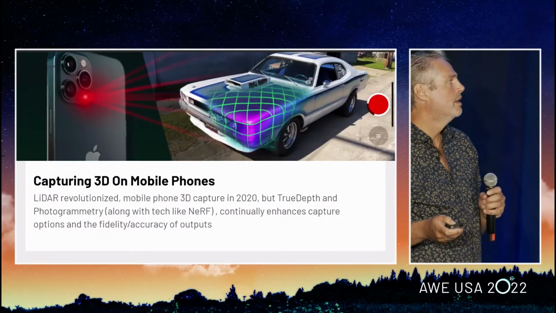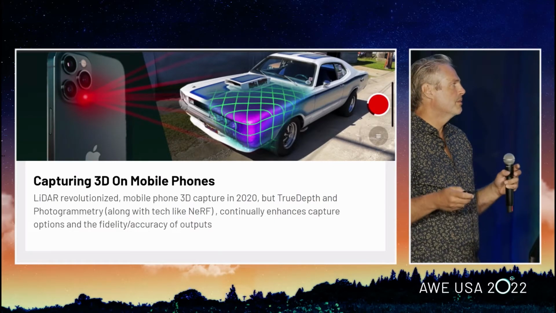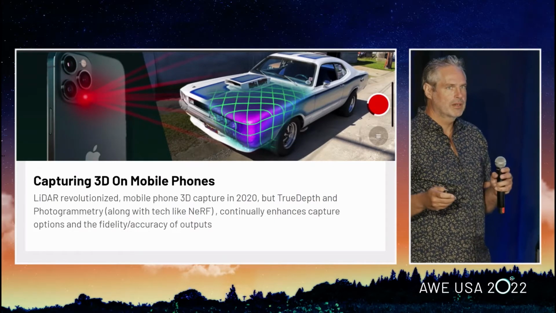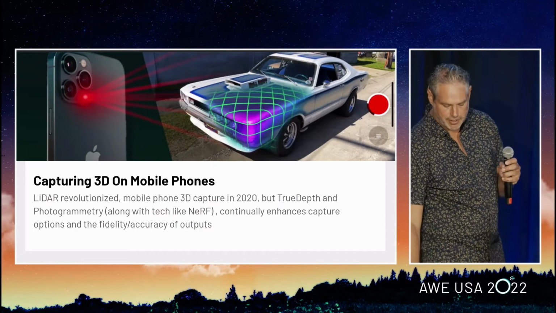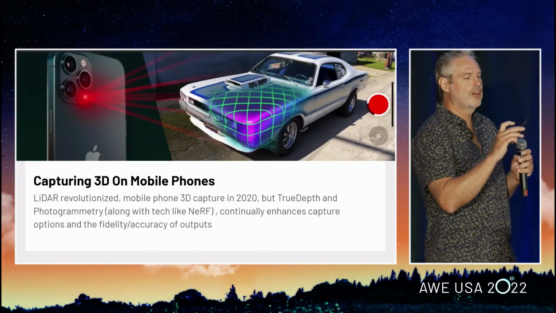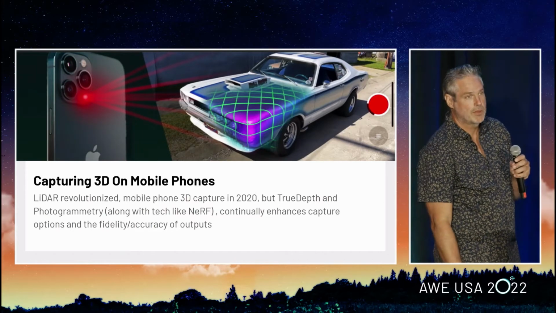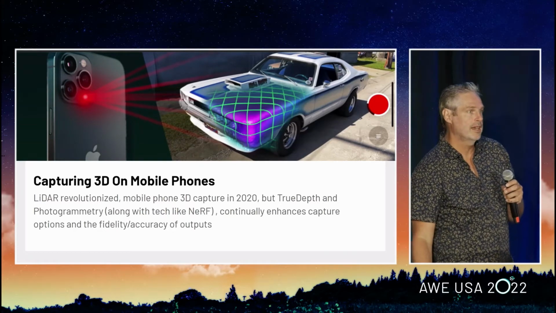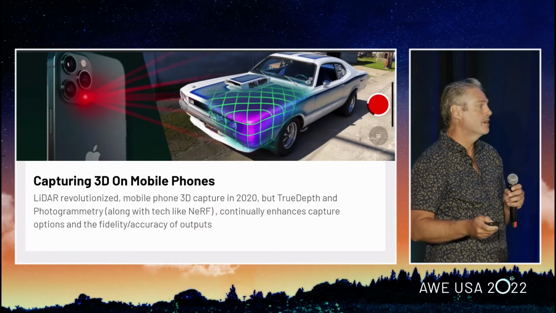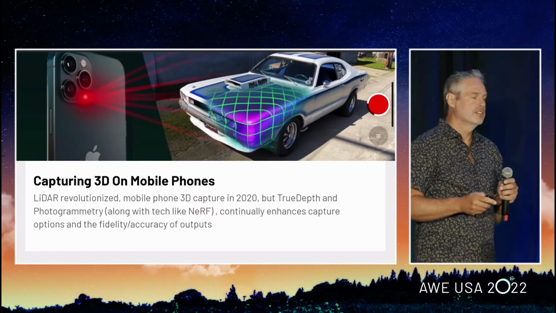questions. What we really saw a couple years ago was that the LiDAR all of a sudden said, hey, we can really think about capturing 3D on the mobile phone. But we also have other sensors on the phone, like the TrueDepth sensor on the front. Photogrammetry has become a lot more accessible. There have been open source pipelines, and it's improved a lot. Apple released their own object capture API. So I'm going to go over all these variations and